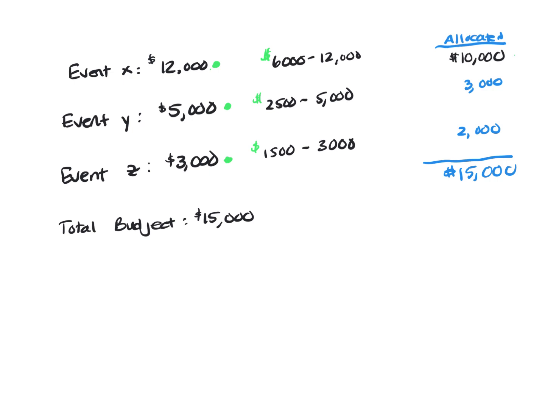And then it says it gives $10,000 to event X. That means we only have $5,000 to mess with. Okay, so if you look at your choices, they're all thousands. There's no 1,500 or 2,500 or anything. So